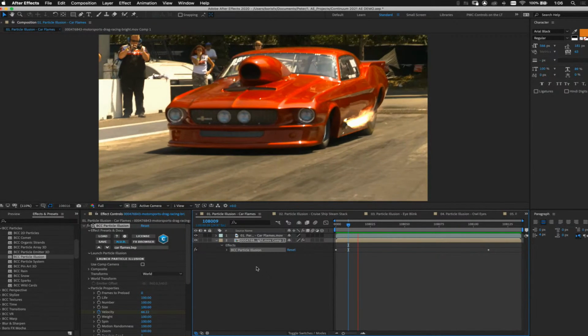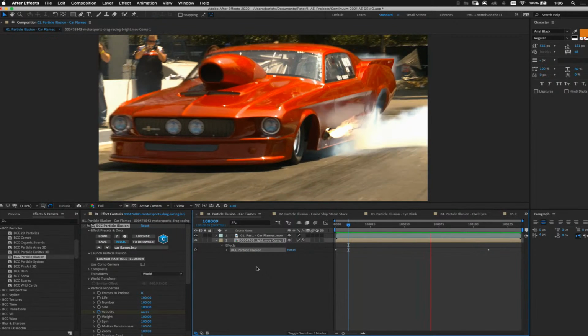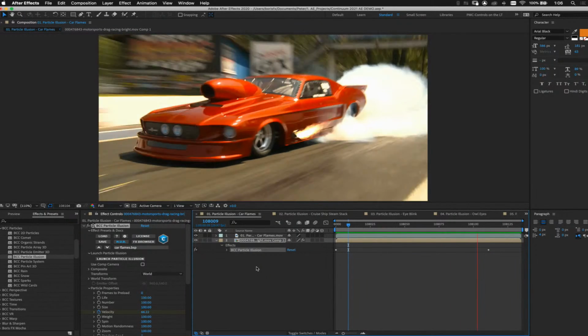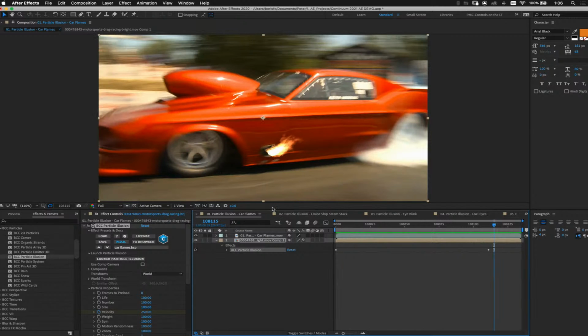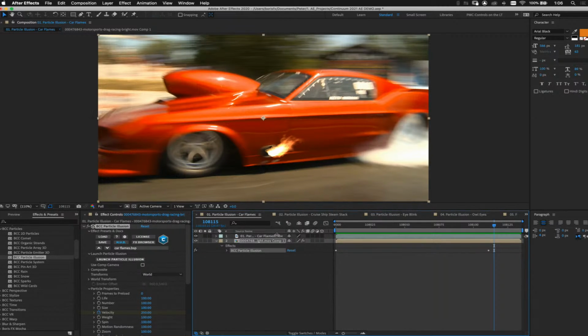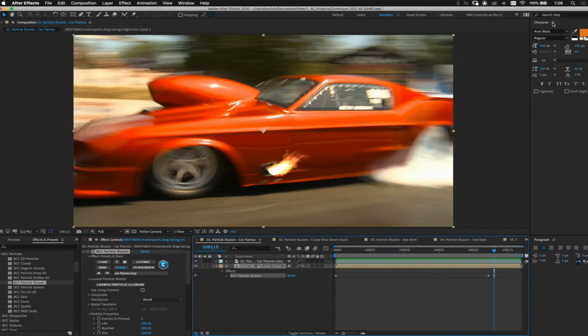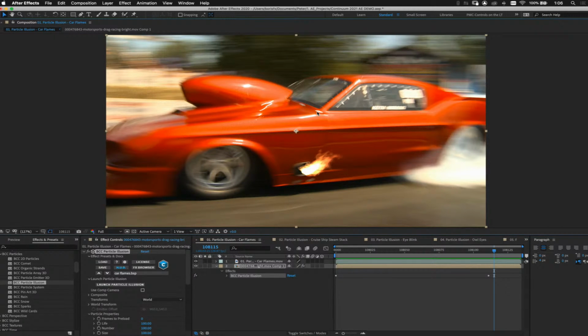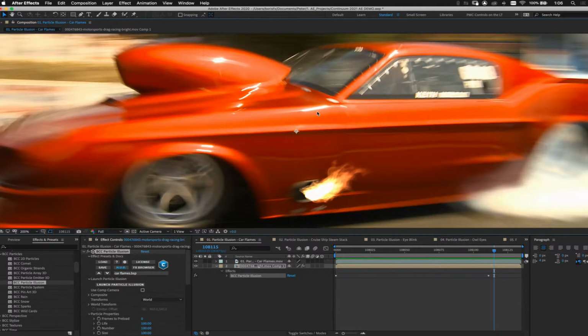And just letting it play through, if you look at this, just thinking about the tracking aspect of this just a little bit, it's going to stop it right there, and I'm going to shrink this down. I don't need the character tab. I'm going to close that panel and just zoom in a little bit on this,